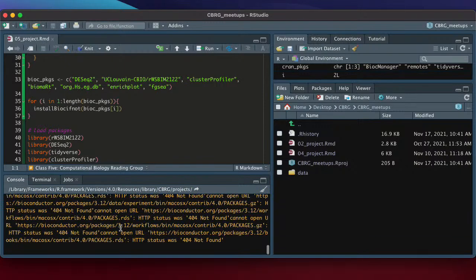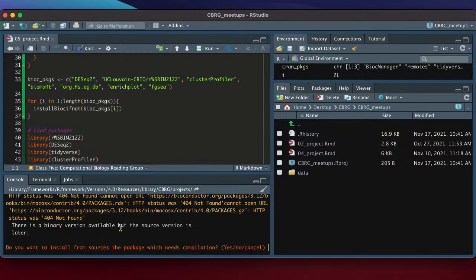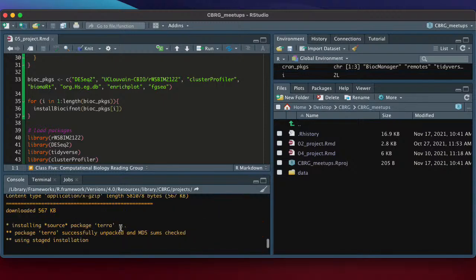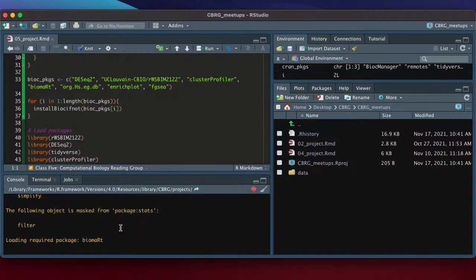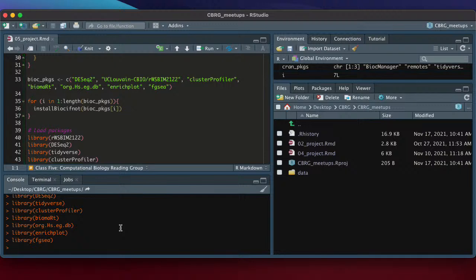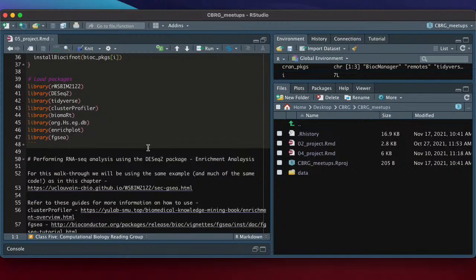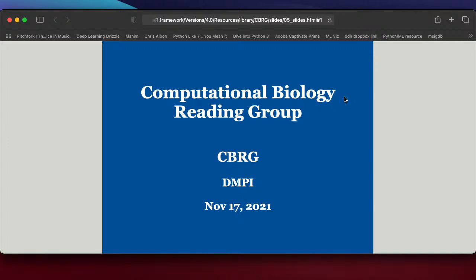Hopefully there are no more errors. Sorry, not errors, messages. And again, it's asking me, do I want to install this? I just blindly type in yes or all or whatever it asks me to do. And that worked pretty well for me, but then I already have a lot of these packages installed. So keep an eye on it, and if there are any errors, just raise your hand and let me know. And we can begin the meetup.